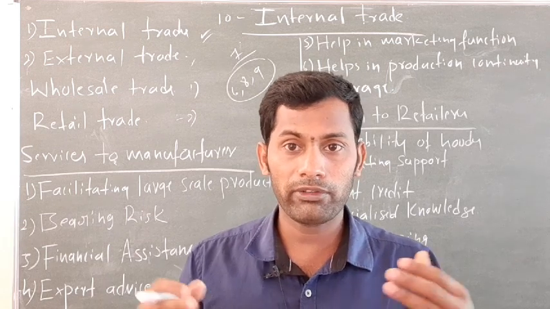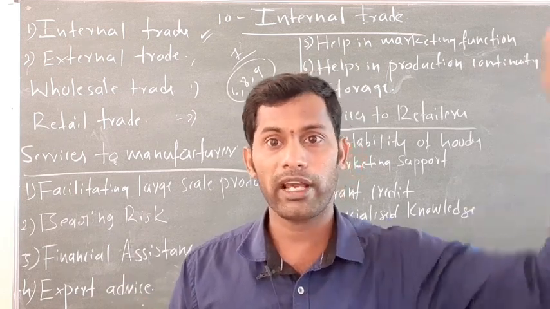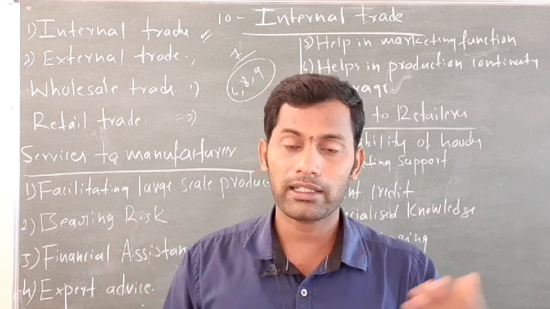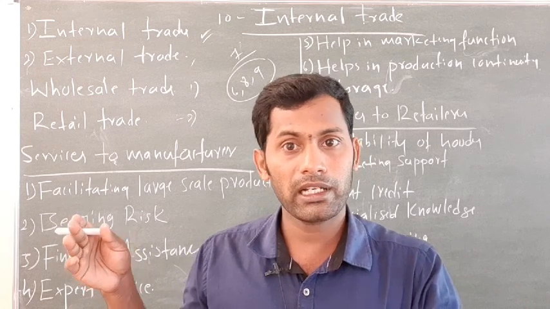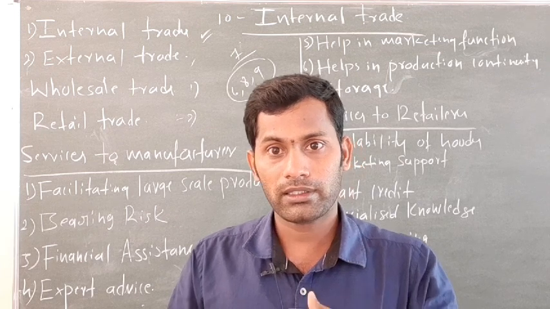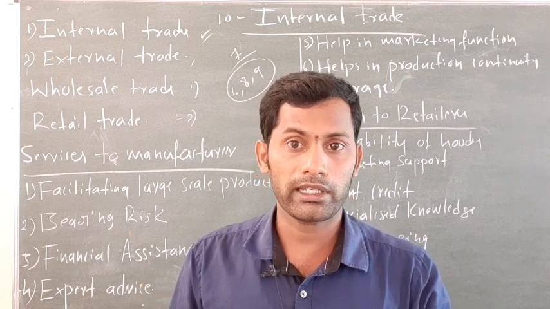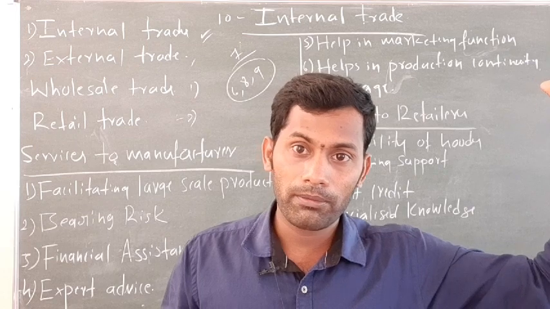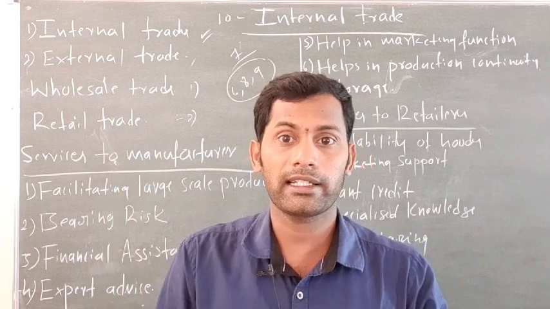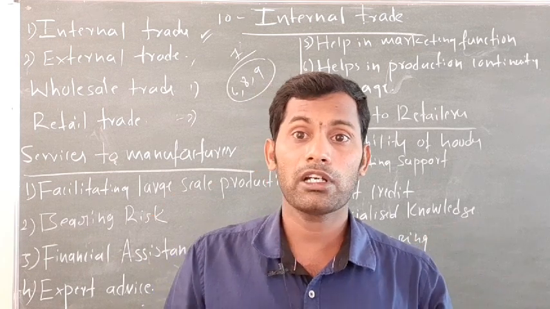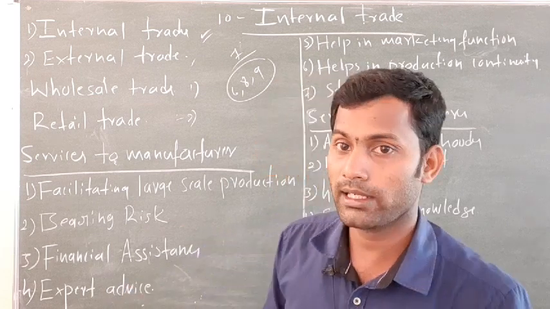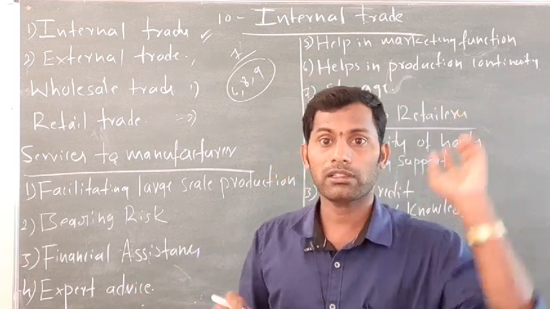I repeat, when you come to the first channel, first we have the manufacturers or the producers, then the wholesaler, then the retailers, and ultimately the goods go to the ultimate consumer or customer. In some other distribution channels, we have the manufacturers or producers, then the agent. After the agent comes the wholesaler, then the retailers, then the ultimate consumers. That is what you call the distribution channel.